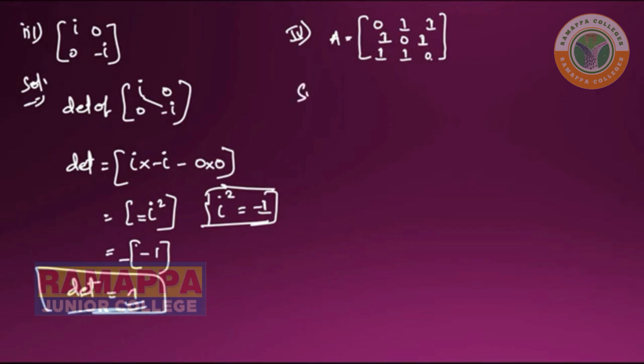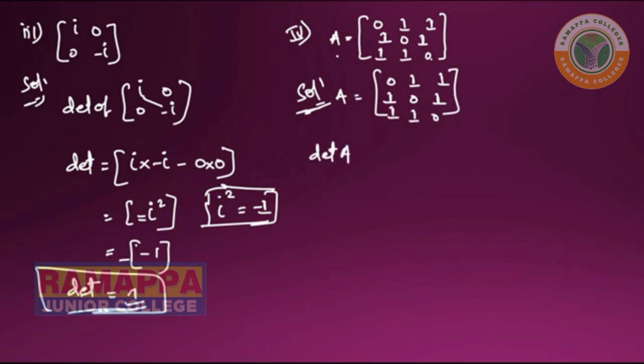Now moving to the next question solution here. So this is A is equal to the given matrix, 0 1 1, 1 0 1, 1 1 0. What we have to find is det A. This is very important because this is a 3 by 3 form. Up to here we did 2 by 2, now 3 by 3. How to do it, I will tell you, so please listen constantly, then only you will understand, otherwise you will not understand.